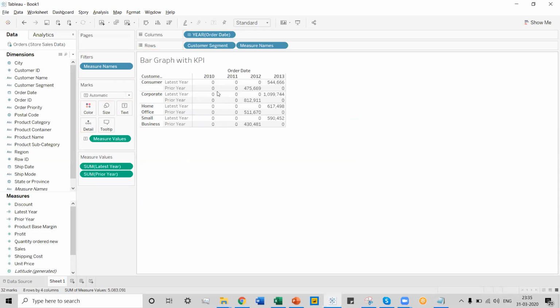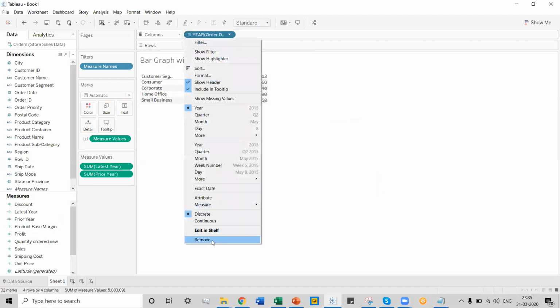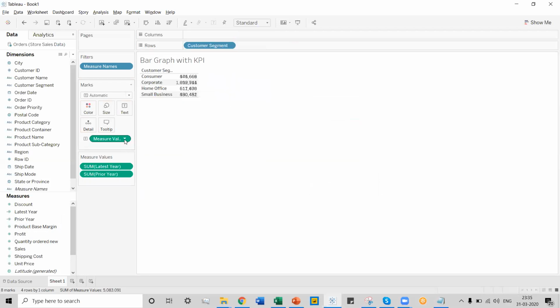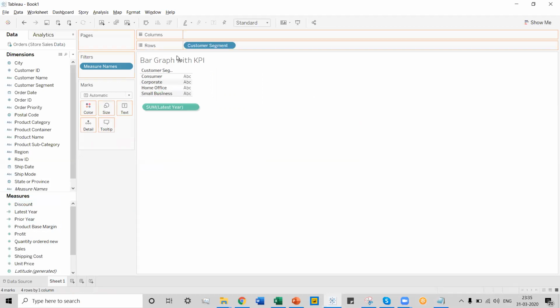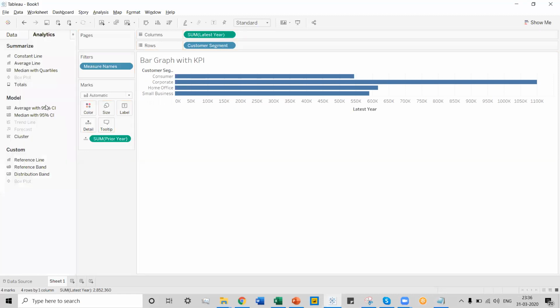So in order to convert the latest year sales into a bar graph, we can remove these measure names from here. You can remove the year. You can also remove the measure values from here. And we can bring the latest year sales in the column shelf, and we can see Tableau will convert it into a bar graph. Now, in order to create the KPIs, we can drag this prior year sales over the details, and you can go to the analytics pane and select this reference line,